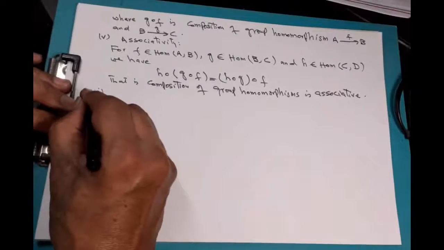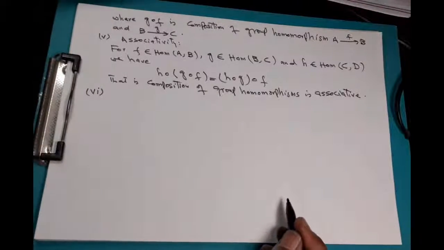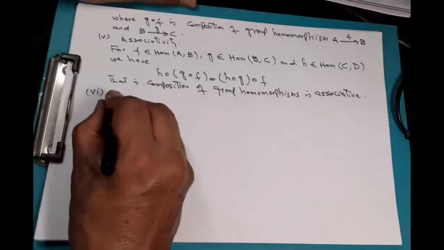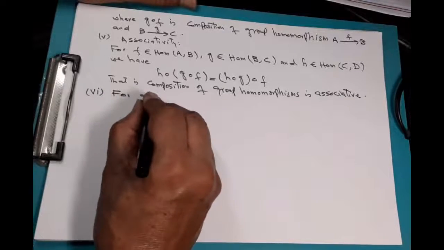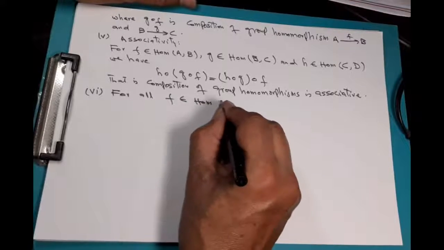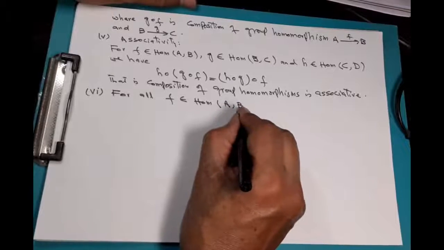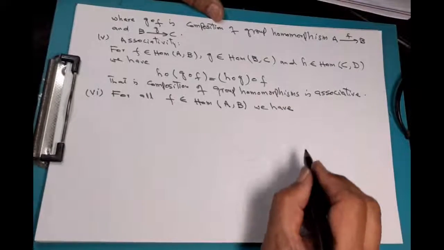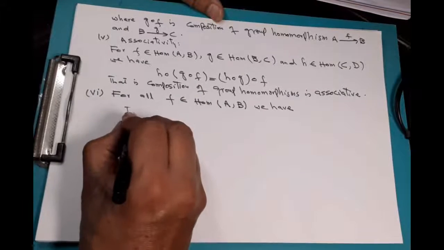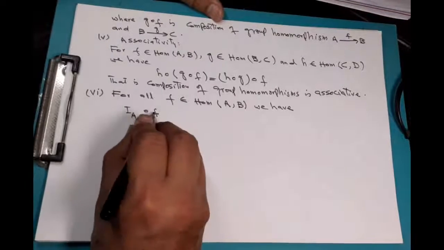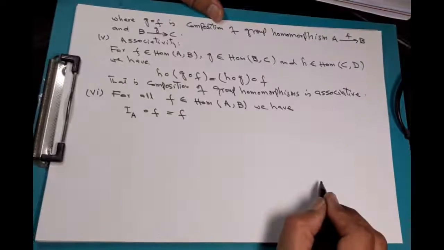And the sixth condition is about composition with identity morphisms, and that says that for all group homomorphisms with domain A and codomain B, we have the composition of identity on group A with group homomorphism f is equal to group homomorphism f, and